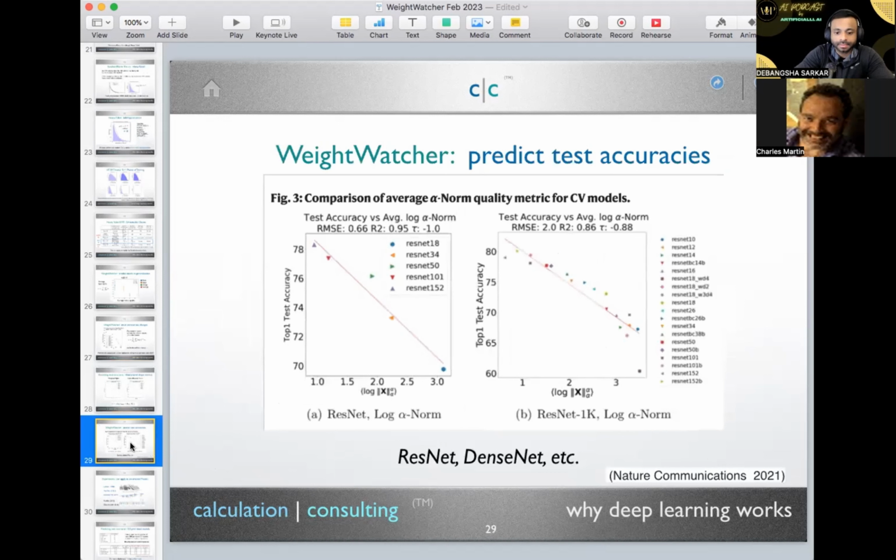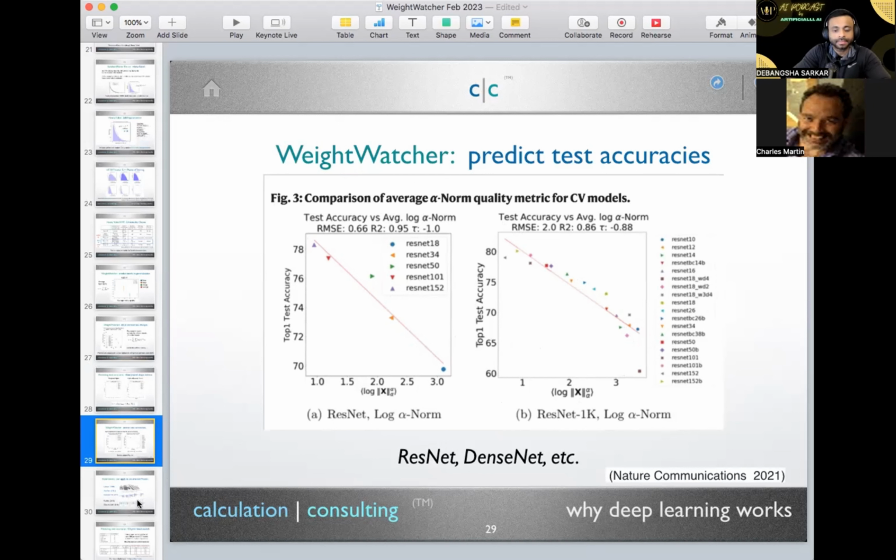Interesting. Now, in the Nature paper, we go through a variety of meta-analyses of different models, like the ResNets, and you can see it works really well for ResNet. We've got all the ResNets and you still get a straight line. Obviously, it's not perfect. This is the log Shannon norm, which is like alpha hat. We're still working this out, but we're able to predict general trends in generalization pretty well.